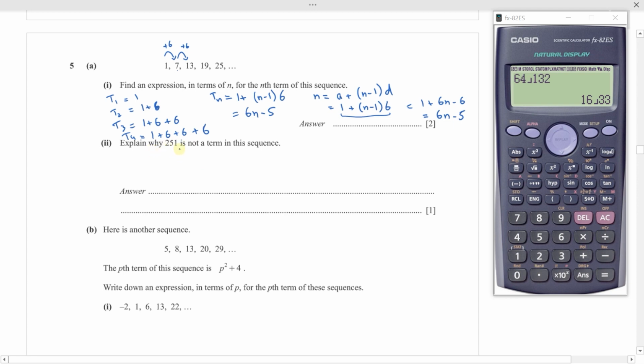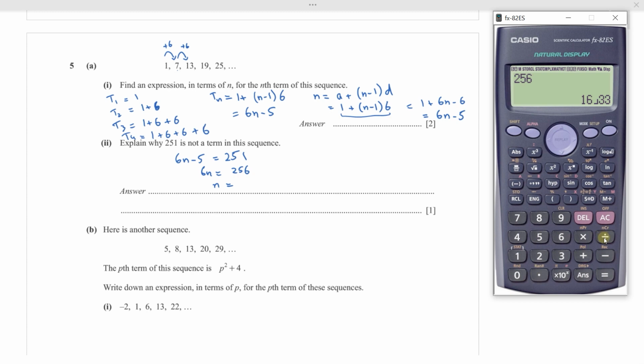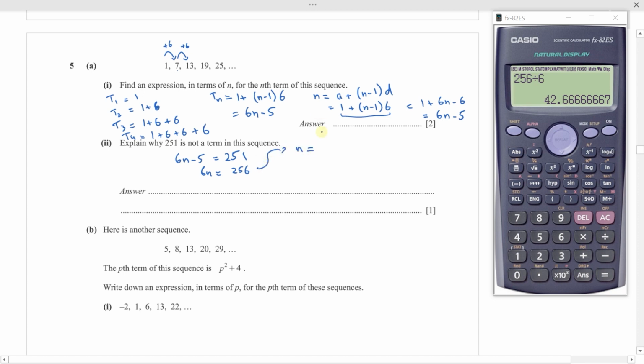Next part is explain why 251 is not a term in this sequence. So you can find the term number, which is n, using this 251. So your nth term is given by 6n minus 5, and we equate it to 251 to see what the value of n is. So 6n will equal 256, and n will be 256 divided by 6. Let me actually write it up here. So this gives you n equals